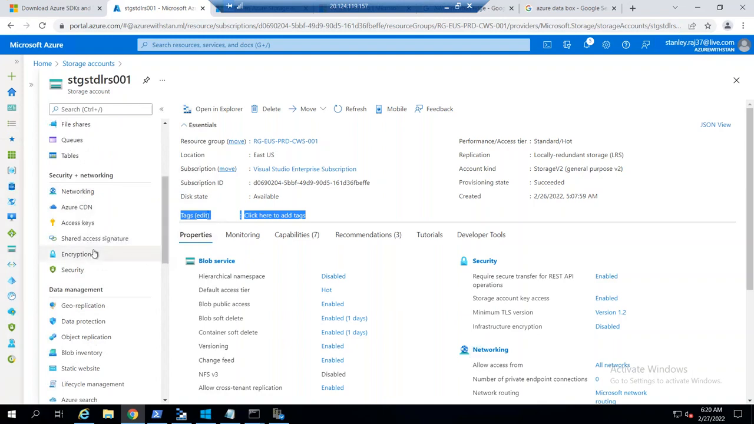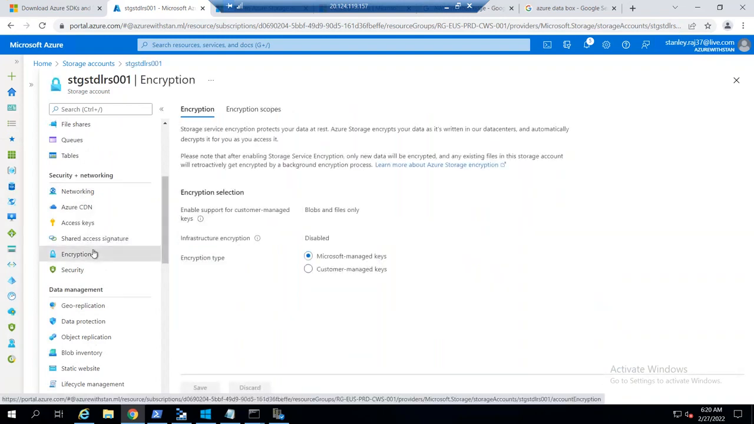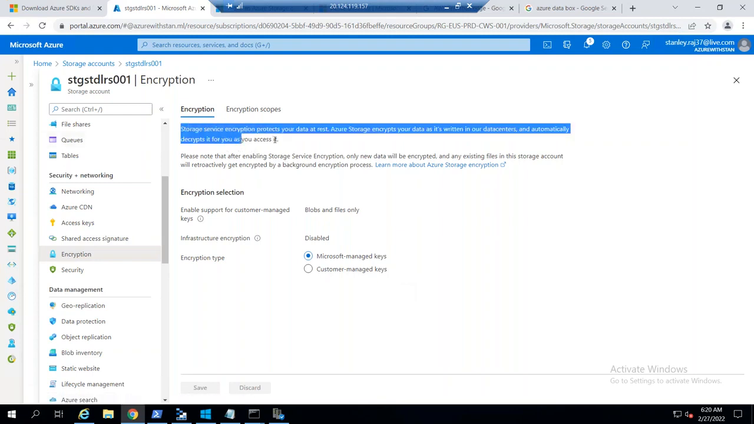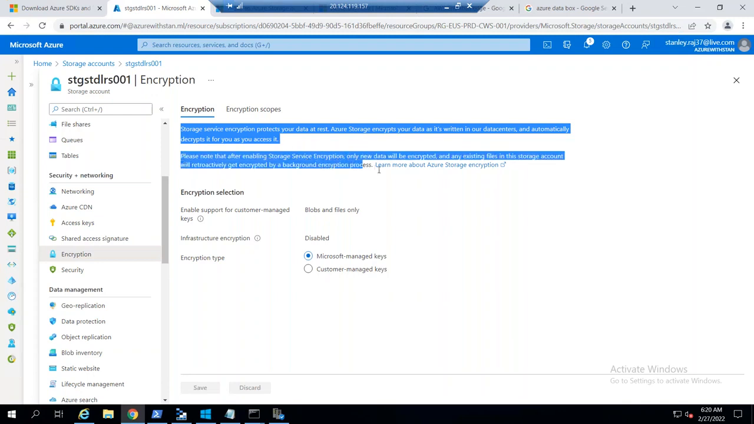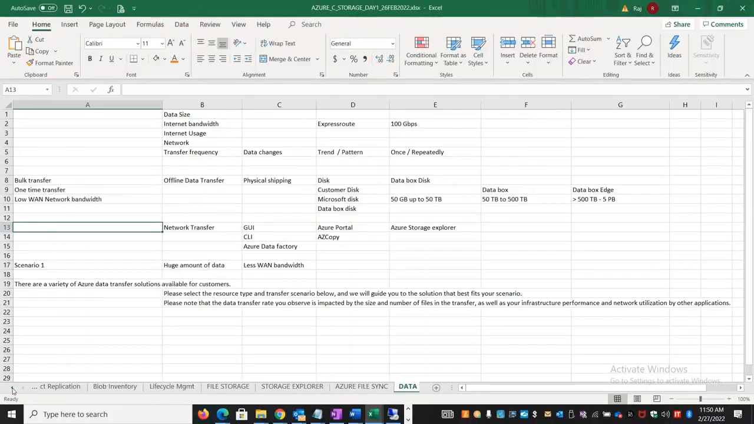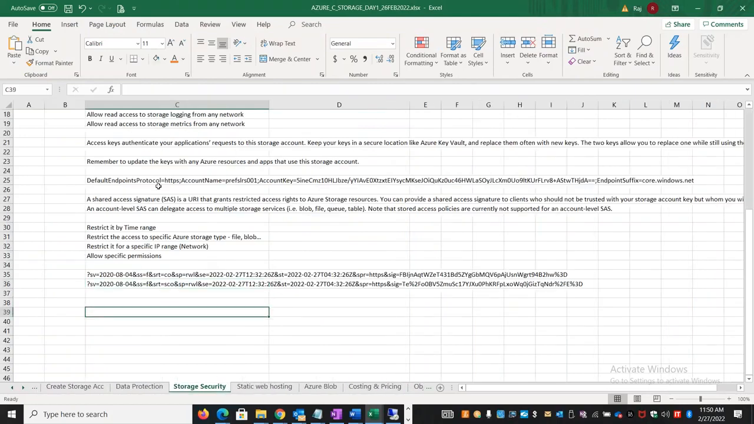What you have visibility into is the encryption level. You can encrypt your data to protect against some kind of intrusion. You have the storage service encryption option, which protects the data at rest. When the data is in transfer, it is by default protected with secure transfer. You can also enable this encryption option using either Microsoft-managed keys or your own keys to store that. So we already